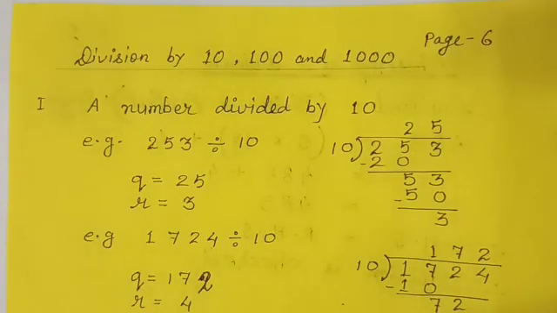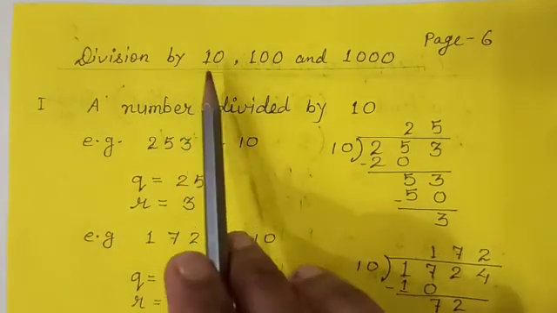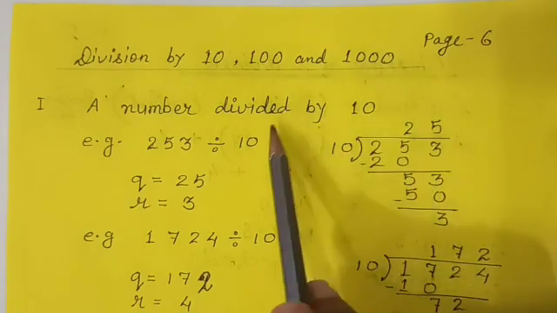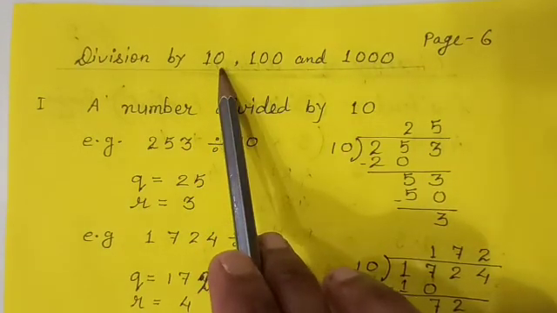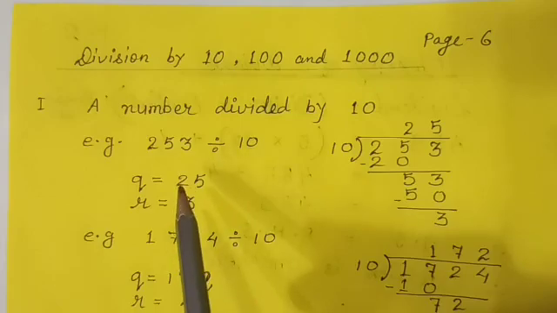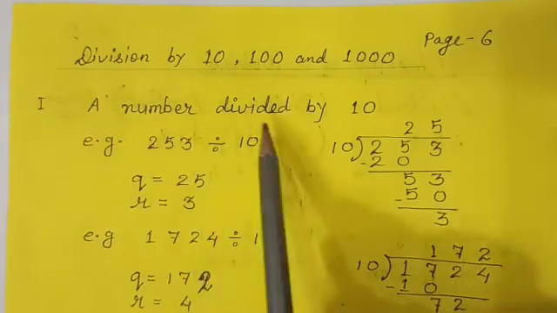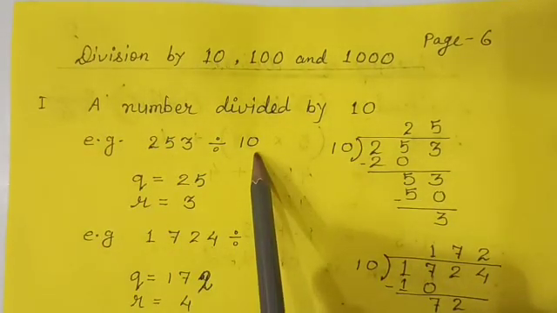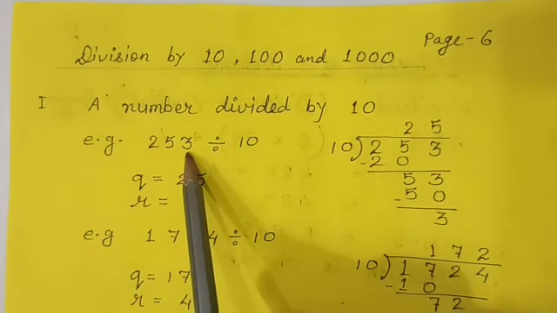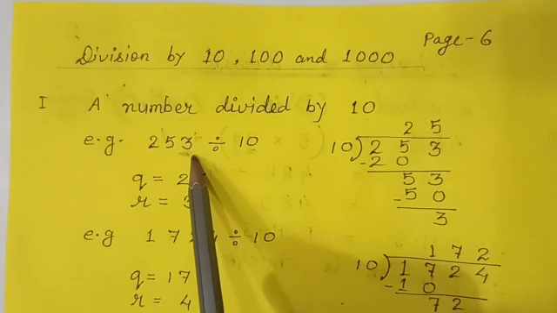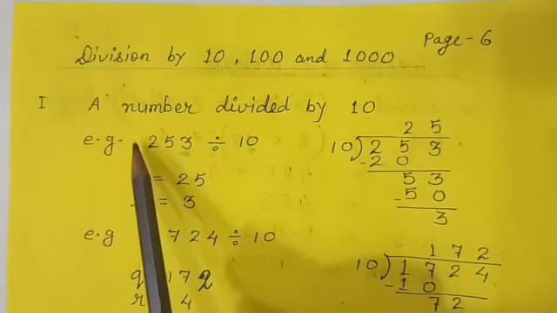Now children, look at what happens when we divide a number by 10, 100, 1000, like this round number. There is a correlation between the number of 0s following the 1 and the remainder of the dividend. For example, when a number is divided by 10, say 253 divided by 10. 10 has only one 0. Therefore, the rule says that the last digit only, as 10 has one 0 only, the last digit only will be the remainder and the rest of the number will be the quotient.